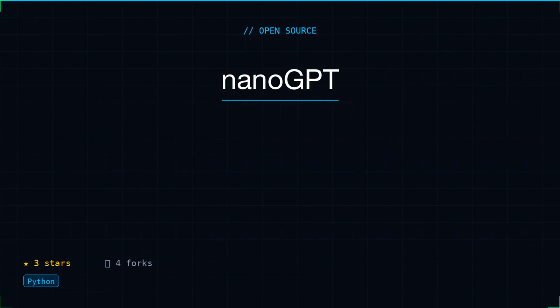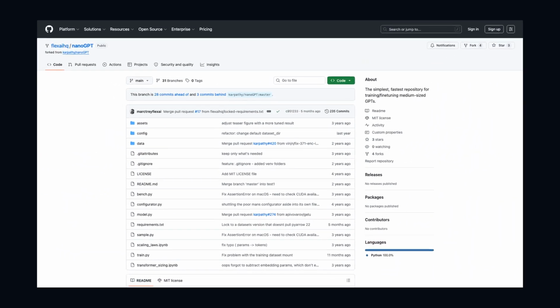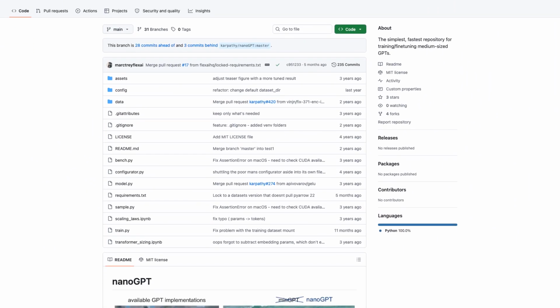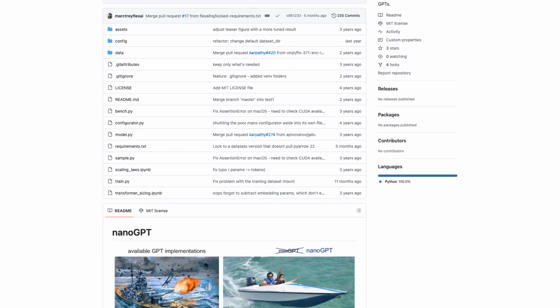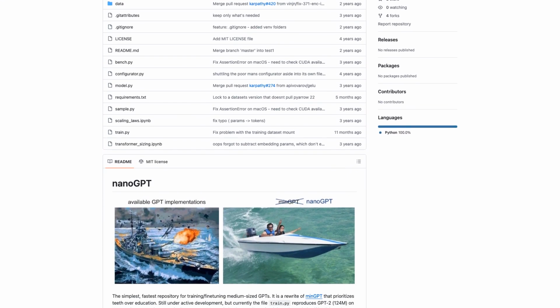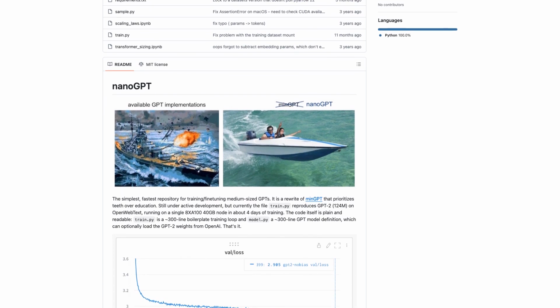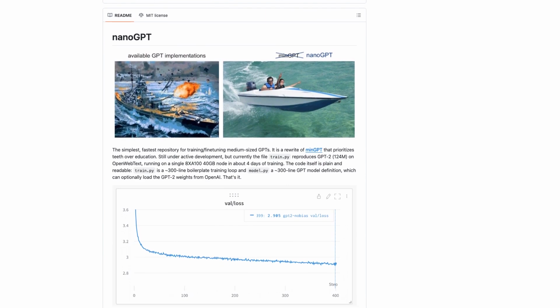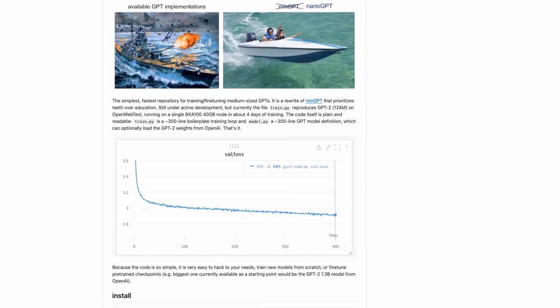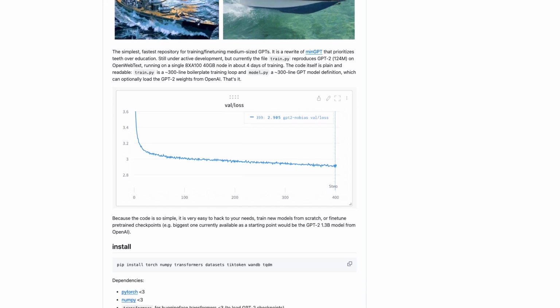nanoGPT script. nanoGPT is the simplest, fastest repository for training and fine-tuning medium-sized GPT models. The codebase strips away unnecessary complexity. Train.py is roughly 300 lines. Model.py is roughly 300 lines. That's the complete implementation. The framework reproduces